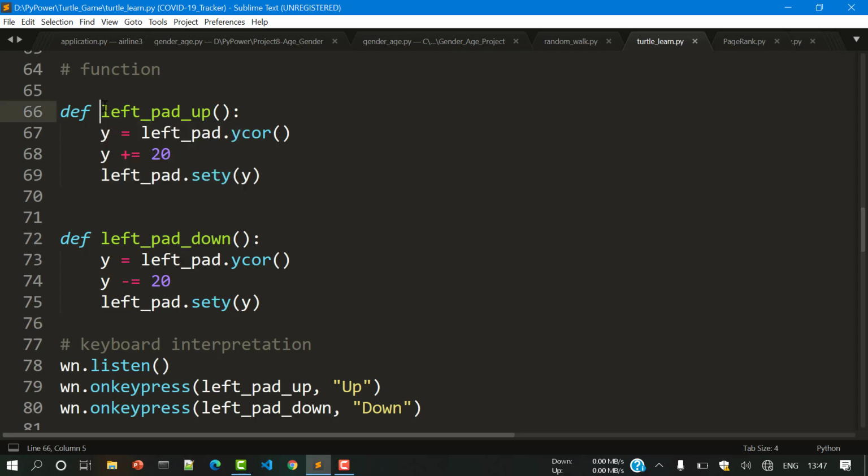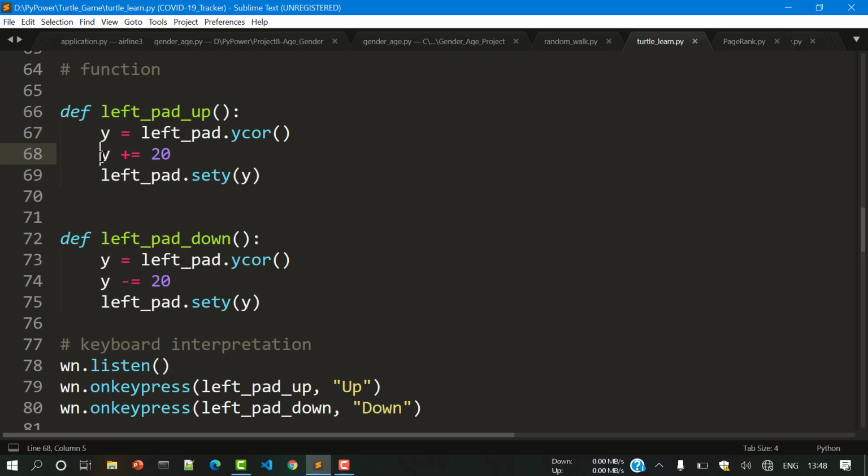Here, after configuration of the objects in the game, we are declaring two functions. First is left pad up and second is left pad down. As we have seen in the game, the left pad is for the player and the right pad will be played by the computer. The functionality of the right pad will be done by the computer. But for the left pad we have to define what the pad will do and how it will move. So in left pad up, we will firstly extract the y coordinate of the pad, as the pad will move in the up and down direction, that is, only the y direction. So we extract the current y coordinate of the left pad, and it will be stored in the variable y.